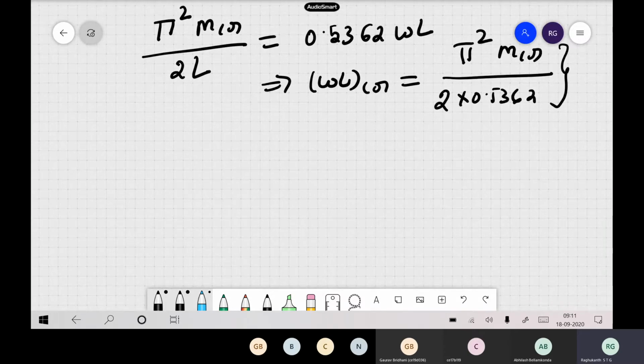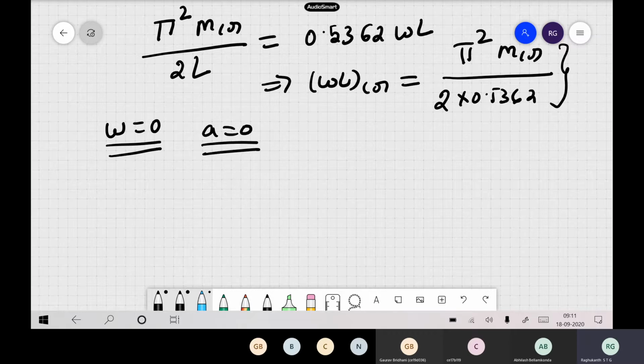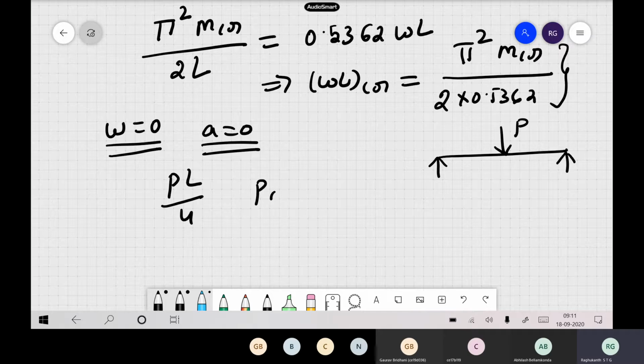Now in similar fashion, we can also compare when W is equal to 0. Okay. So when W is equal to 0 and A is also 0, which means the concentrated load is also acting at the centroid. We have already solved this problem, where for a simply supported beam with respect to P, we said the maximum bending moment is PL by 4, and you can find out the P critical, the bending moment also. Okay. So now using these formulas, you can find out all the critical loads this way, this is also another way of doing things.